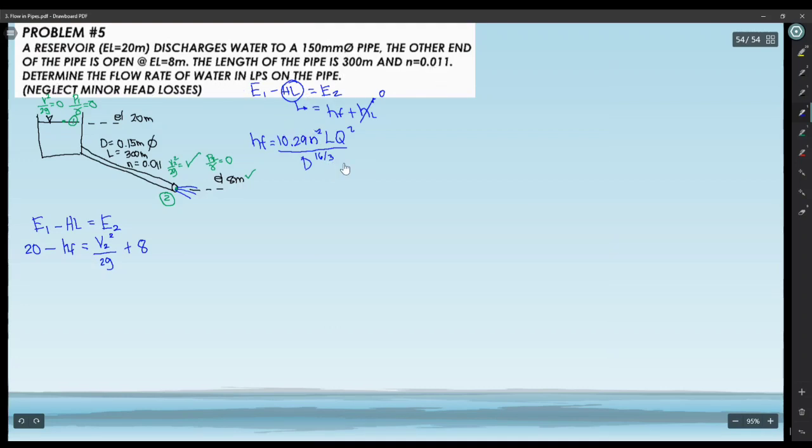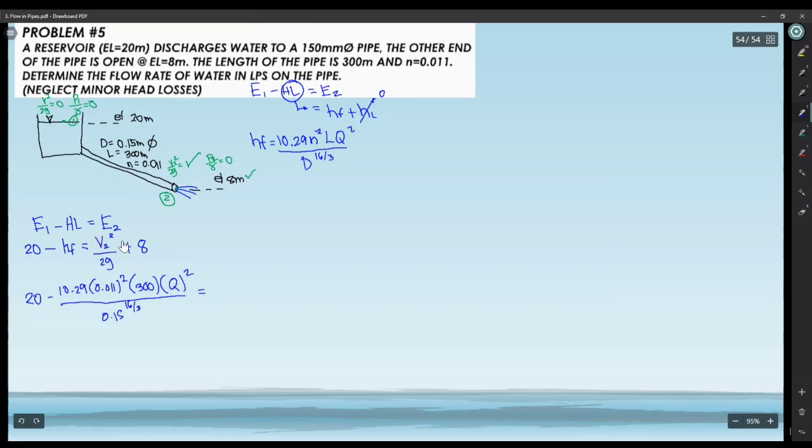So, ano bang hinahanap dito? Flow rate, diba? So, ito pwede na nating isaksak dito sa equation na to. That will be 20 minus 10.29. And then, i-substitute ko na yung mga values, ha? So, that is 0.011 squared multiplied by the length of the pipe na 300 times Q. So ito nga yung hinahanap, guys. All over D na 0.15 raised to 16 over 3. So equals the velocity head. So ngayon, kung mapapansin nyo,